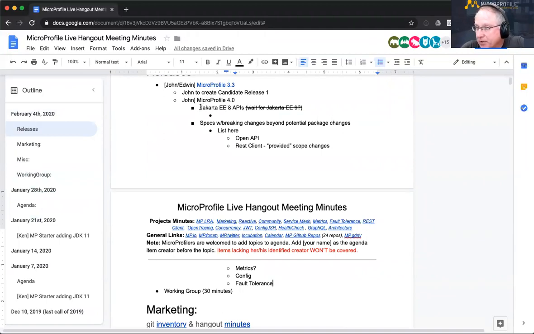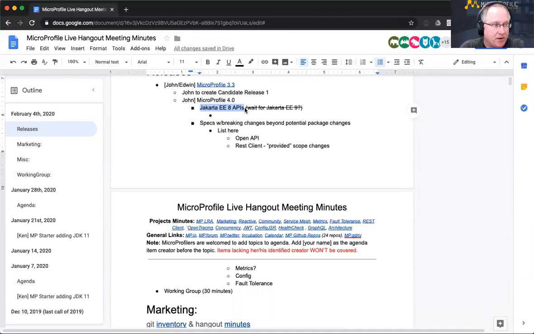So again, the plan is to base this release on the Jakarta EE8 APIs. We know that it's probably going to be cutting it close to Jakarta EE9. We have bounced around various ideas about how to deal with potentially 2 major releases for MicroProfile in a short period of time.